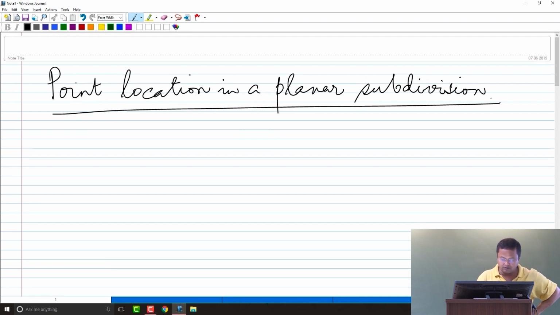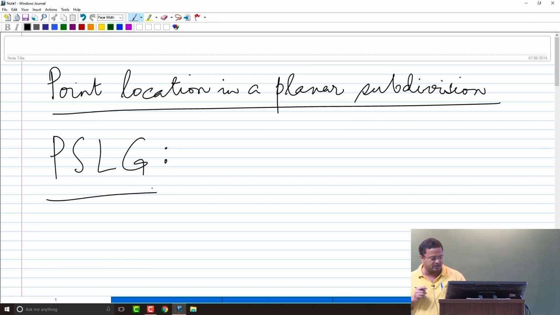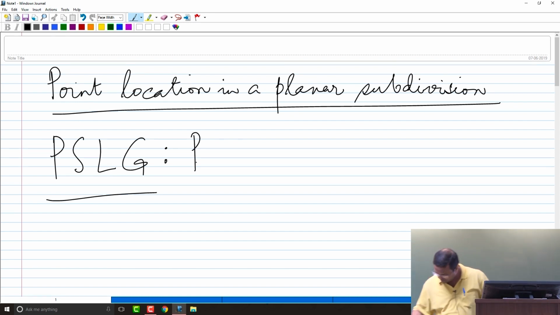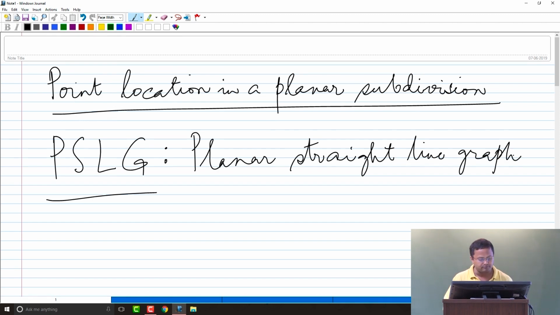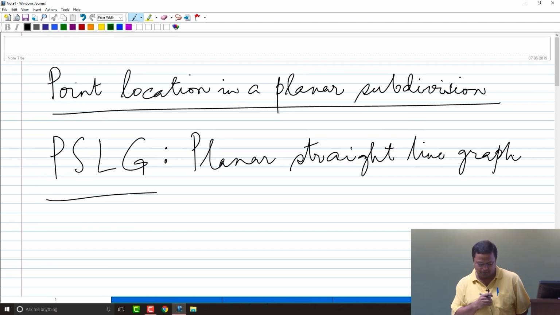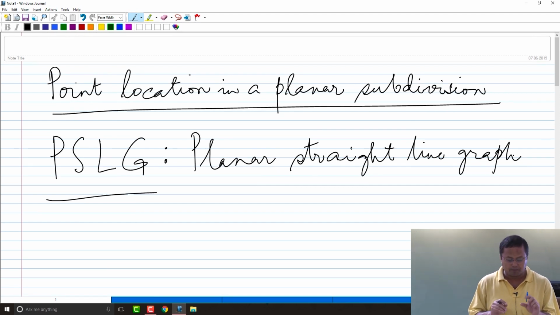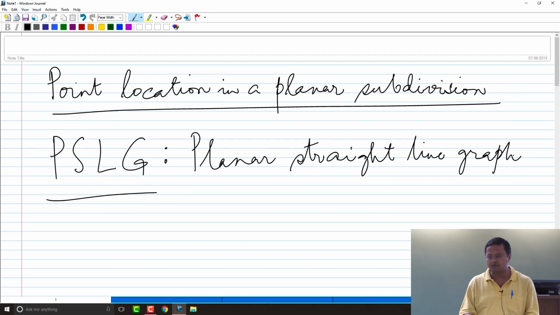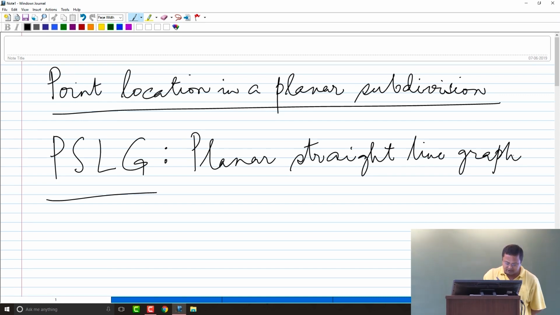Now, first let us look at this. All subdivisions that can be represented in this form, which is a planar straight line graph, would be amenable to what I say from now on. A Voronoi diagram is a planar straight line graph. So, you have vertices, edges. You can store the structure as a graph where the edges are straight lines. So, I will talk of such a subdivision. Now, planar straight line graphs are essentially stored well